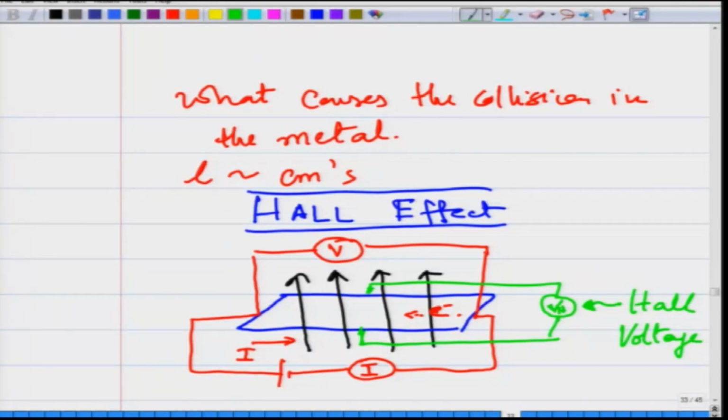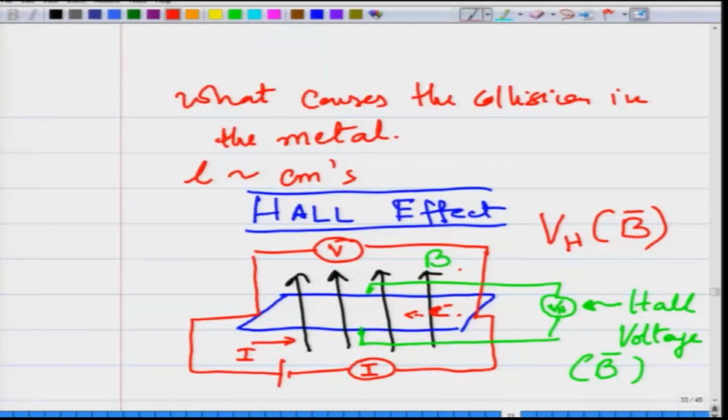and this is generated only when there is a magnetic field B applied to the sample. This Hall voltage appears only when a magnetic field is applied to the sample, and the Hall voltage is a function of the magnetic field. If you measure this transverse voltage, which occurs perpendicular to the direction of the flow of current, you will find that the Hall voltage is a function of the magnetic field. If you know the functional dependence, namely how the Hall voltage depends on the magnetic field, you can measure the Hall voltage and figure out the strength of the magnetic field, and